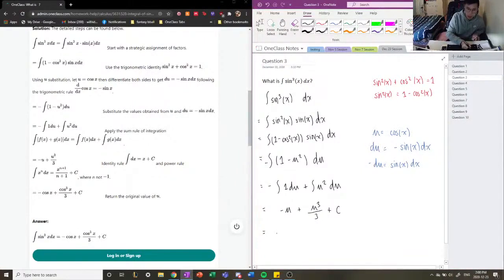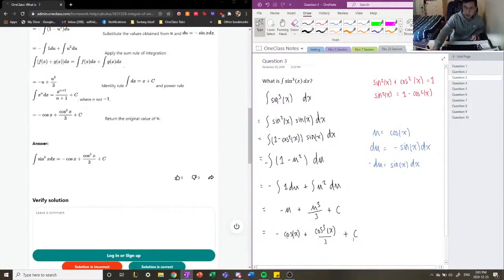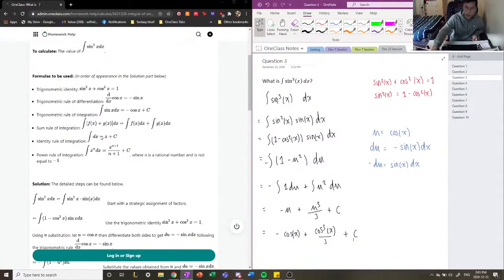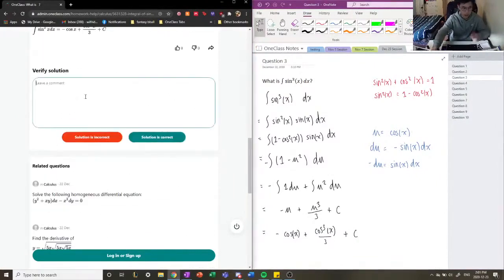So we get negative cos x plus cos cubed x divided by 3 plus c, which is the integral of sine cubed of x dx. This is the solution, and we used u substitution and all these trigonometric and integration rules to find it. So this solution is correct. All right, let's move on to